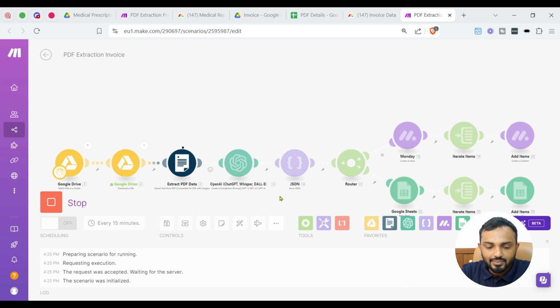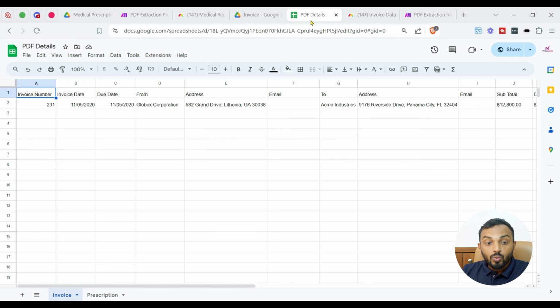So it's running, guys. It's processing the OpenAI section. Yes, so you can see in Google Sheet. Let me open. Cool, guys, you can see the entire data has been scraped from the invoice and inputted in